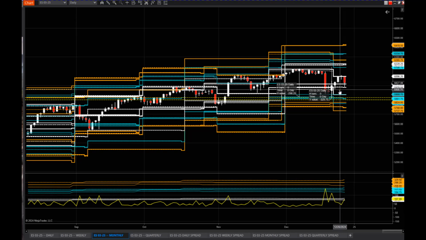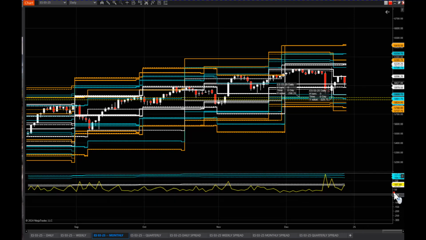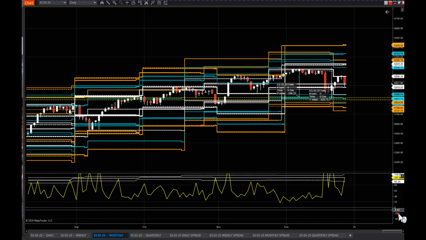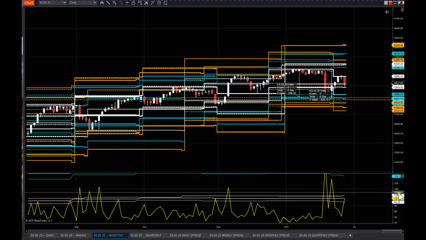People are trying to get out ahead of January, book their profits. We could see that push above this one, and if the point range breaks 110, what is the high level here? We can tell precisely. 118. So if it breaks 118 on a daily basis and starts running, so if you have a daily bar at 118 or higher, it's moving down quickly,